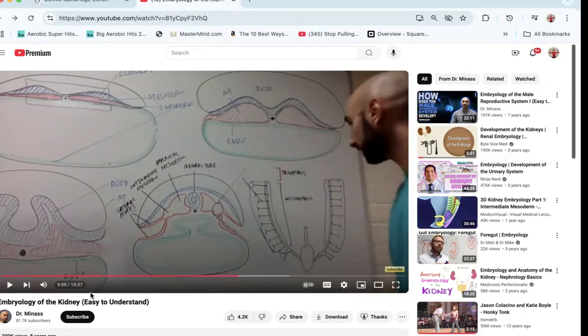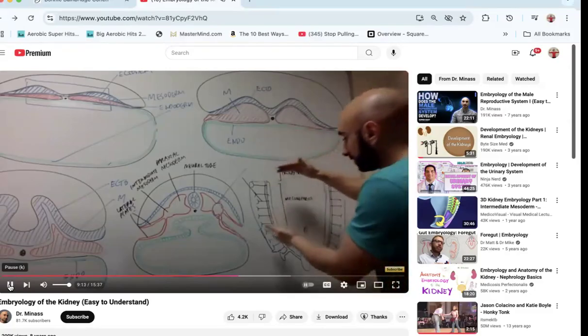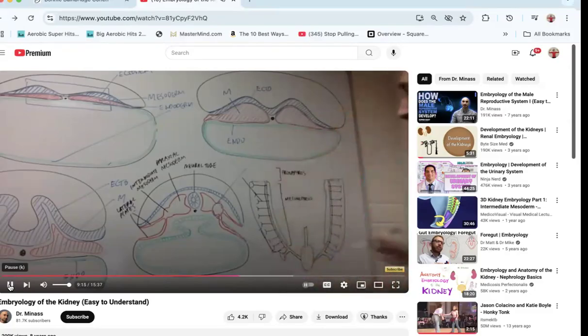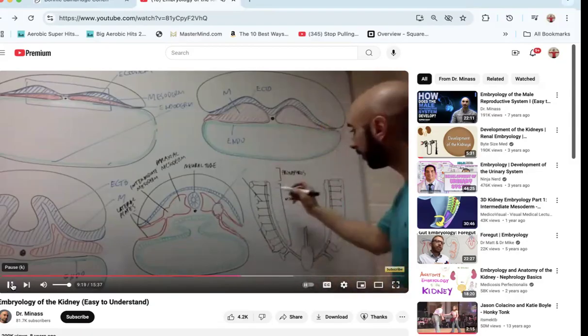So he thinks it disappears, but we know better. The pronephros is gone, and then the mesonephros takes over. But what's the mesonephros? It's made up of